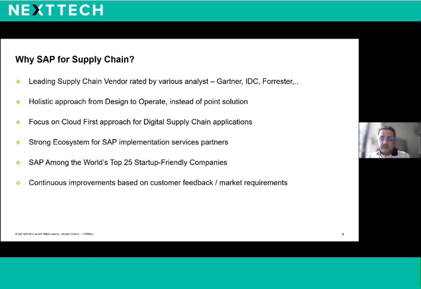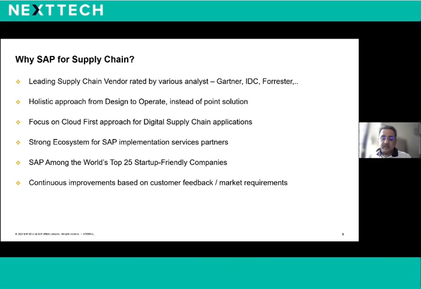At the same time, not just a strong product, you need strong partners. So having a strong ecosystem, we have thousands of SAP system integrators who work on the supply chain portfolio across the globe. Some are experts who just do implementation on certain solutions. Some take a holistic look from an end-to-end point of view, depending on their business priorities. Also, innovation is our key priority. We work closely with startups, because that's where the innovation and ideas will come up, and we quickly onboard them, help them integrate in our ecosystem and take that innovation to the next level.